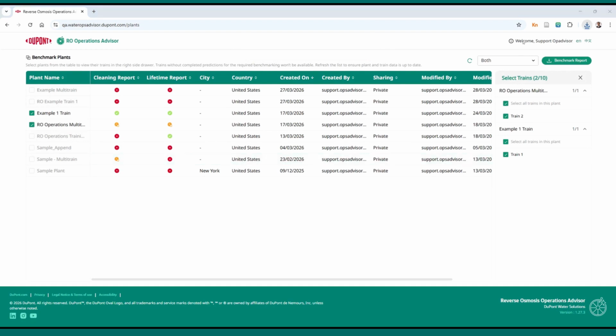As I open the Excel document, I will see all the data that was generated in our operation advisors for the 2 trains I'm comparing in this Excel document. Here I look at the financial savings for each, the CIP predictions, CIP history, the CIP details used for the cleaning, the benchmark for cleaning effectiveness, the fouling type, and the lifetime estimate. Since the data is the same used in both examples, that's why we see the same